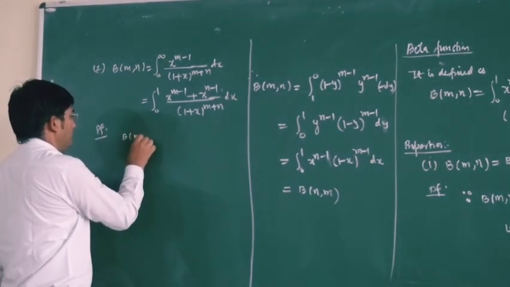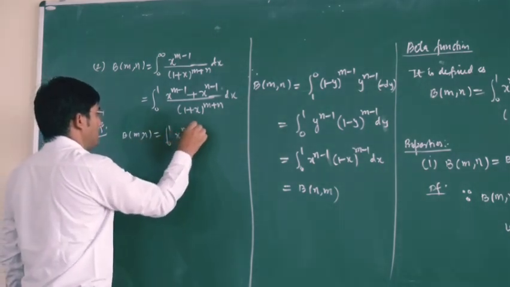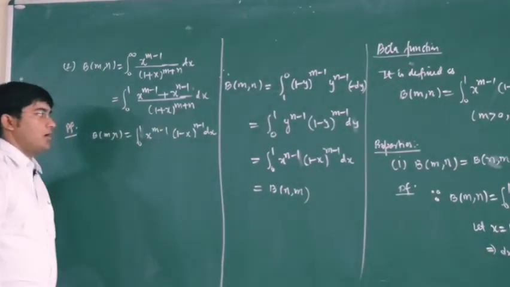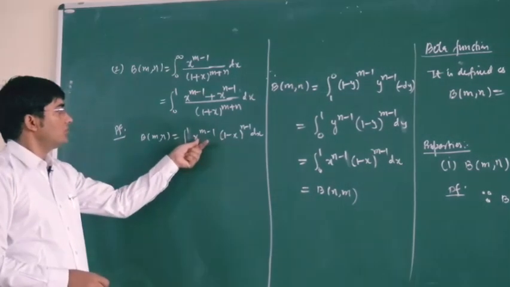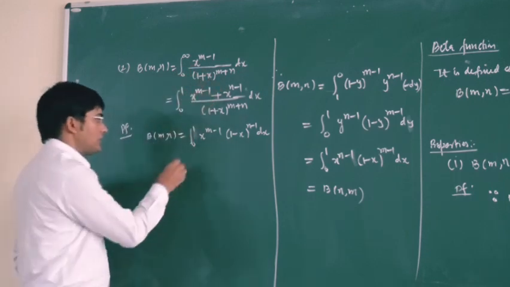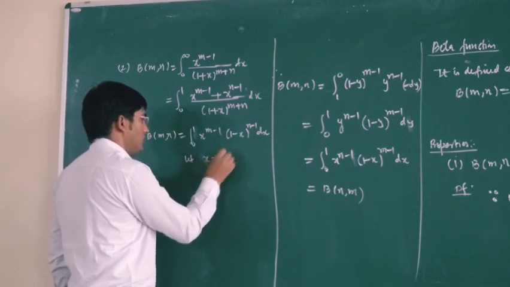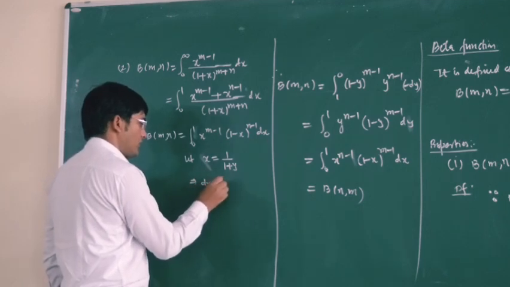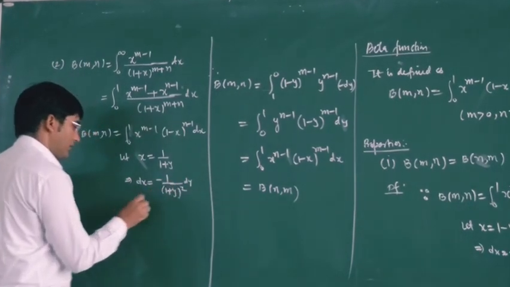Beta mn is equal to, your original definition is integral 0 to 1 x power m minus 1 (1 minus x) power n minus 1 dx. Now in place of this x, we have something like 1 upon 1 plus x. So let us put x equal to 1 upon 1 plus y. In this case our dx will be minus 1 upon (1 plus y) whole square dy, and our limits will be,